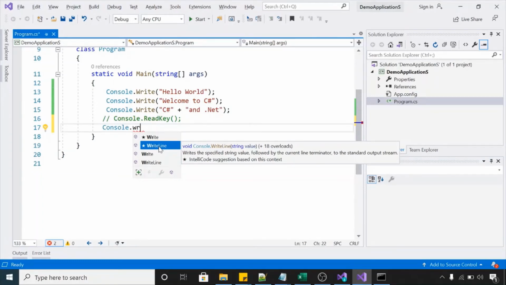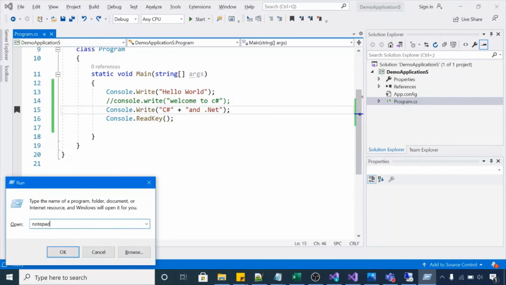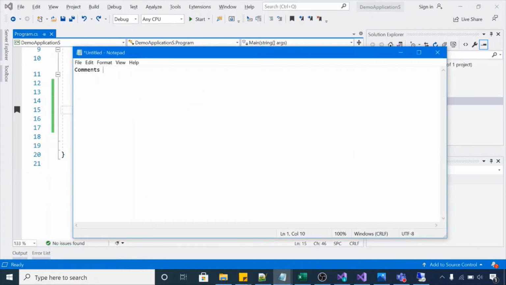You can try this, and if you are successfully able to create your first program with the console, then you have successfully installed Visual Studio and set it up with C#. So till now we have seen how to create one console application and how to execute it. Now we will see comments, how to write comments in Visual Studio, and how to use shortcuts to do comments.